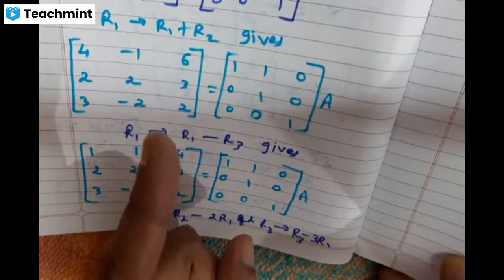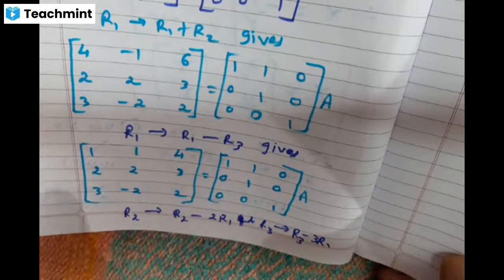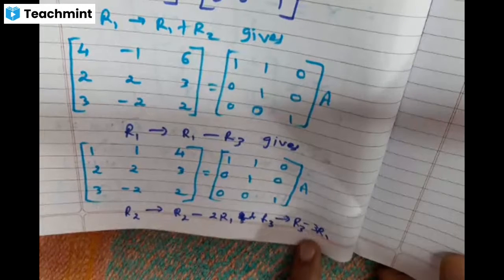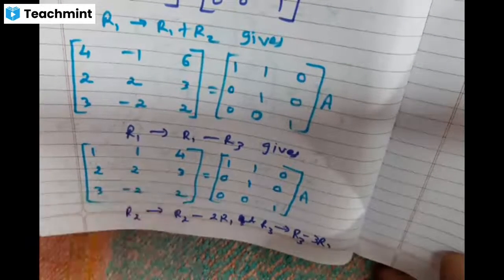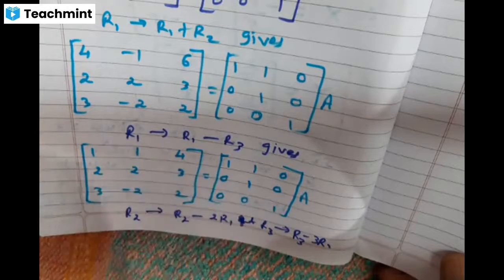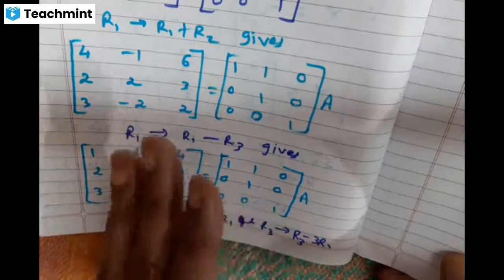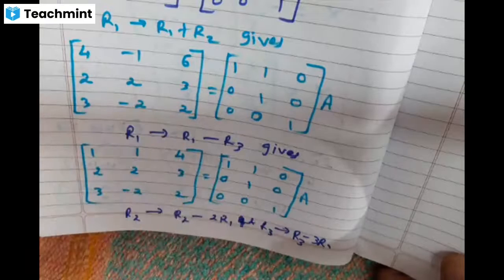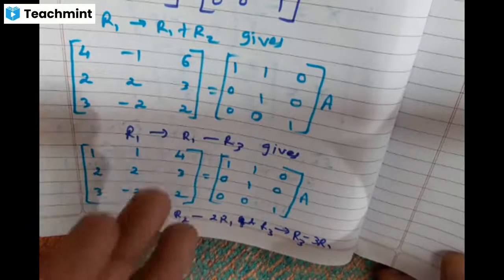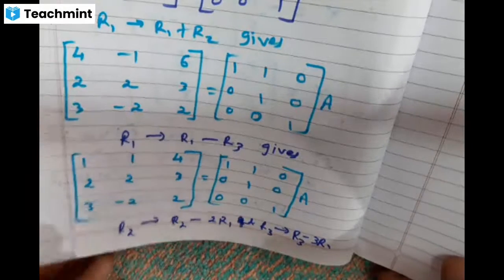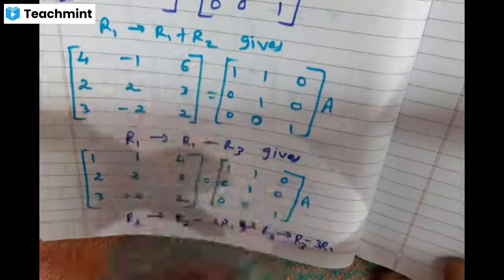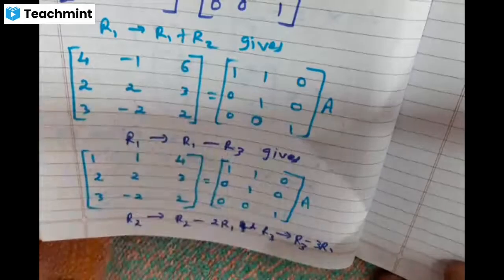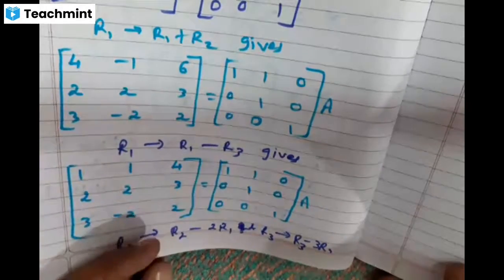One more time I am telling you dosto, not necessarily what I am doing you do. This may be a little bit easier way, or maybe your method will be easier than mine. No issue, no problem. Don't feel that if you don't do what I am doing in the exam, then you don't get marks. No. If you have any method in which a few steps are less, no problem, do it. But the final answer should be correct.